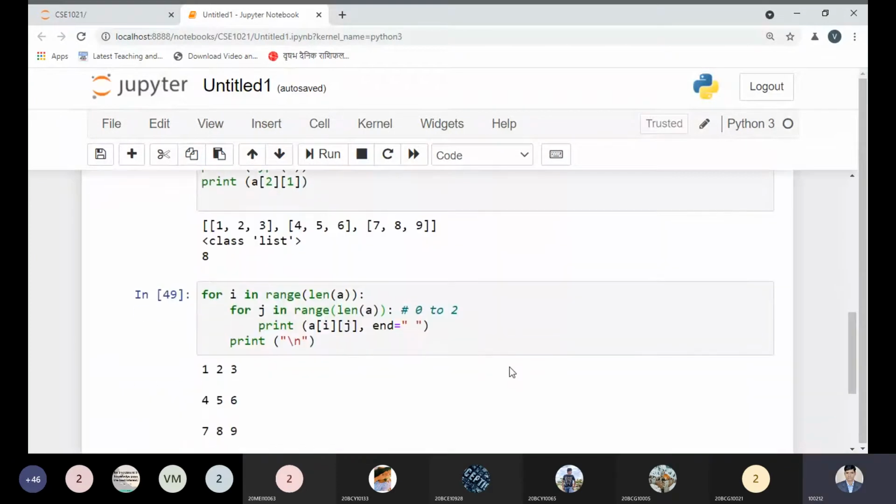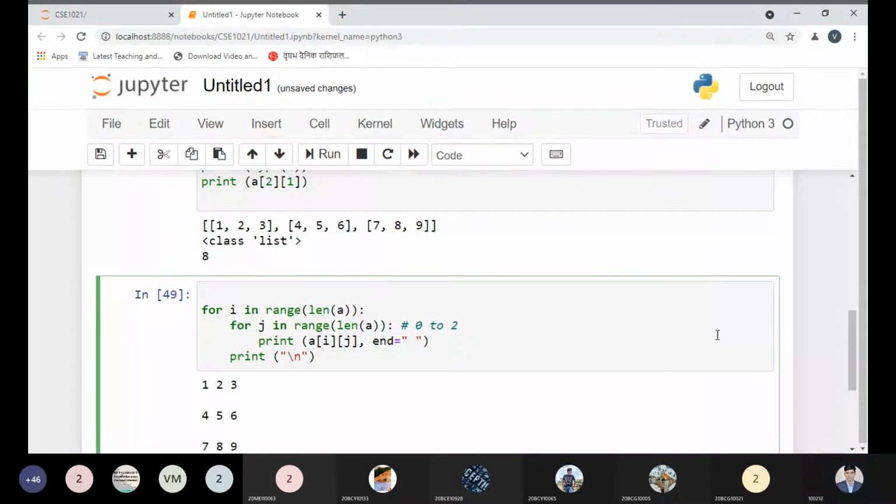In the list form, by taking this loop, for i in the range of length, we have used, and j we also use. So by this method, what will be printed? It will print the values of all the elements which are held by a list.